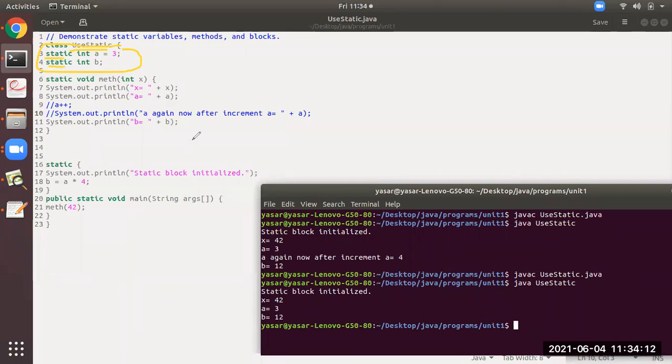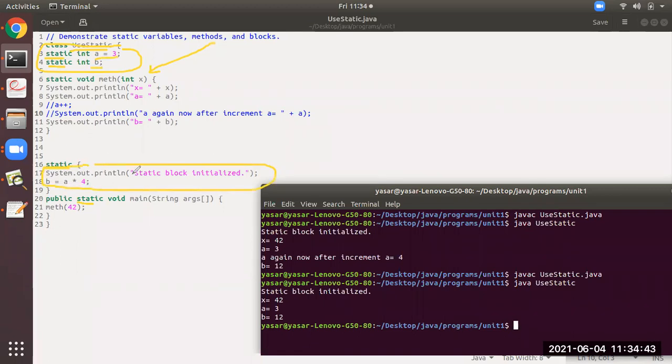The purpose of static is loading into the memory. So before line 20, there are lines 3 and 4 which are declared as static. So first variable A will be 3, then B is declared. After that there is a method call. This will be called from somewhere. But after this you can see line number 16. So 16 is a block. What does the block consist of? It consists of some data. So this will be loaded into the memory.